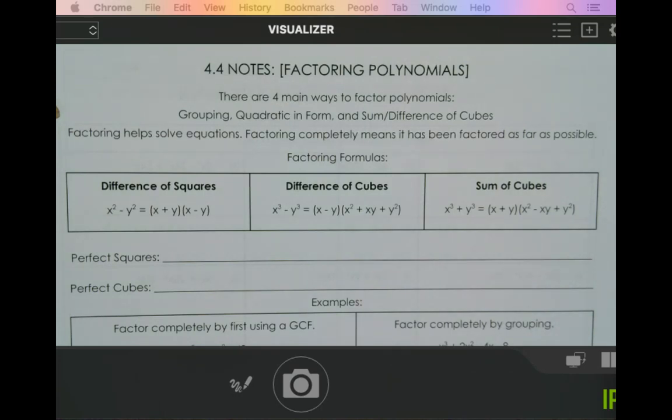When we are factoring, there are four possibilities. It's a little intense, I'm going to be honest. The one we're going to talk about today is grouping. Then we'll do quadratic in form and sum and difference of cubes next week. Those are kind of like the special cases. They're a little bit more difficult, which is why I want to get practice with the easier ones before we